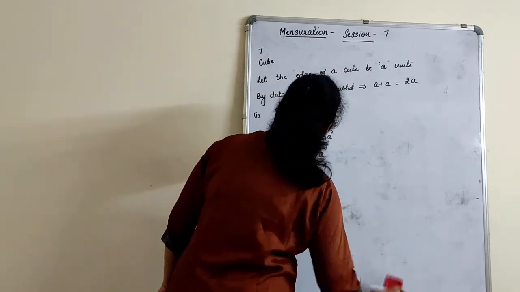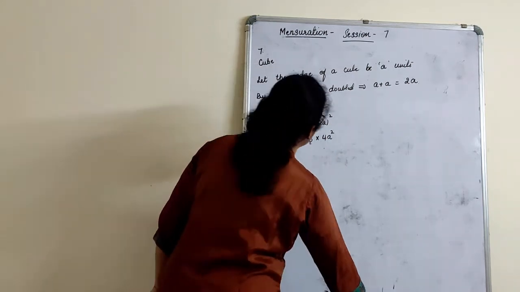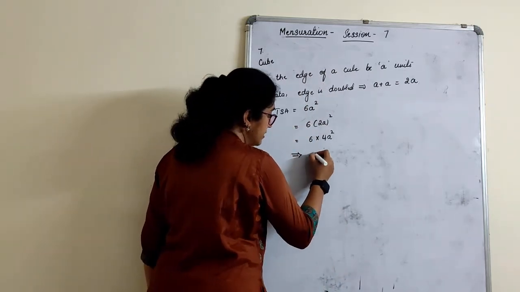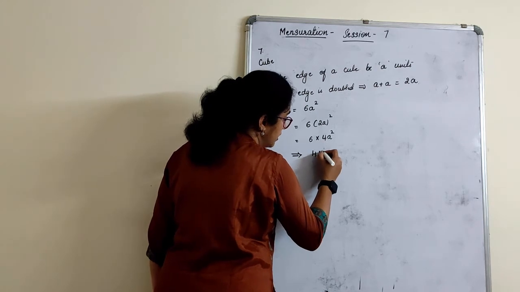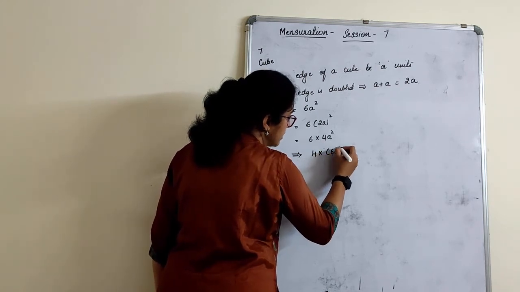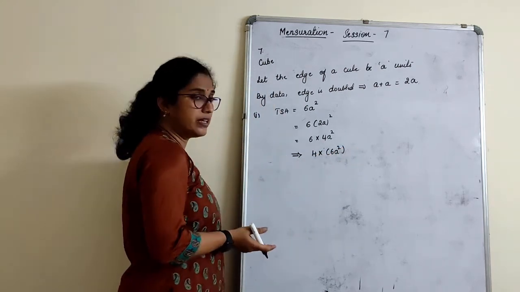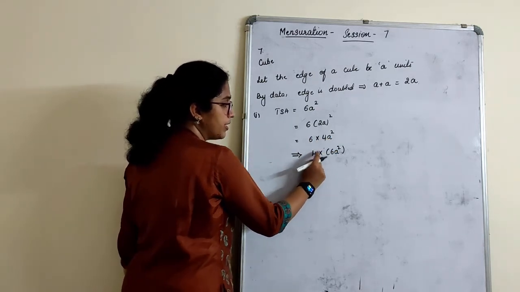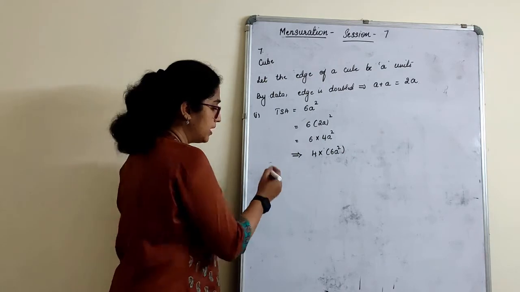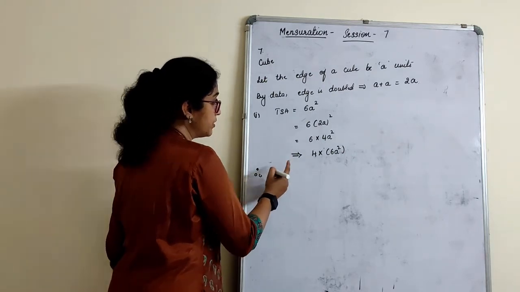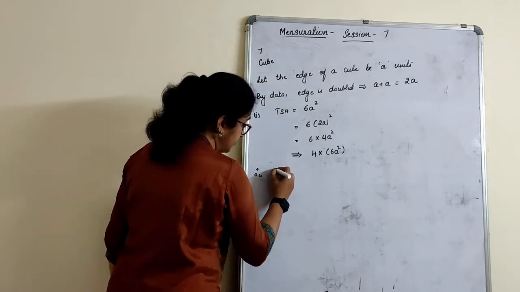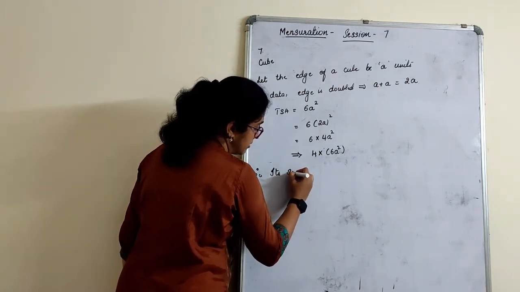Okay, 6 into 4A square. I will write this as 4 into 6A square. Is it the same thing? Both are the same. Therefore, according to the question, if the edge is doubled, its surface area